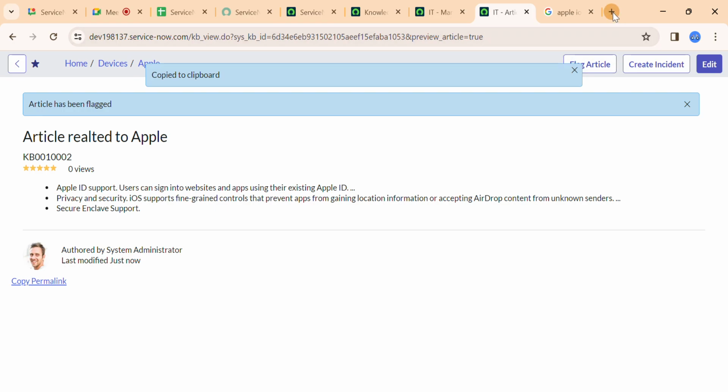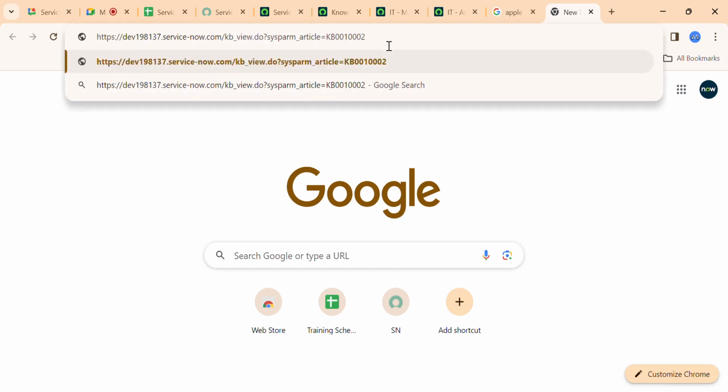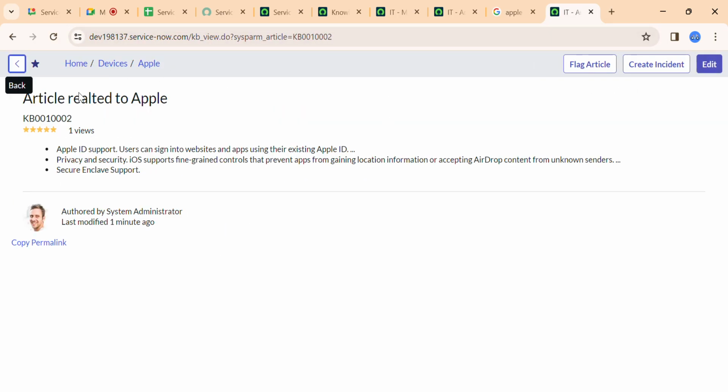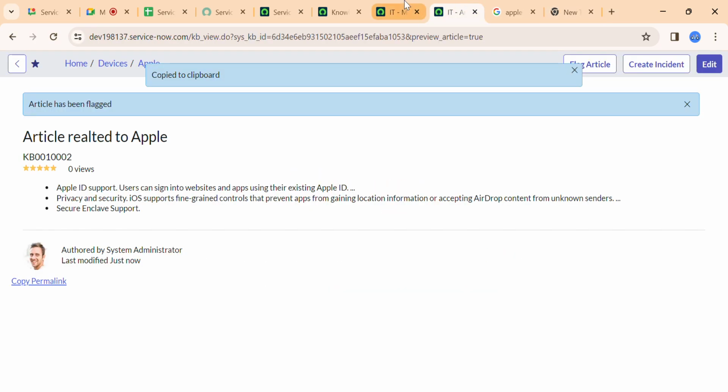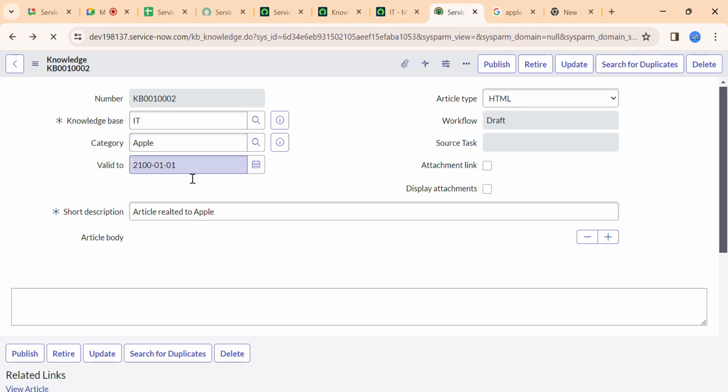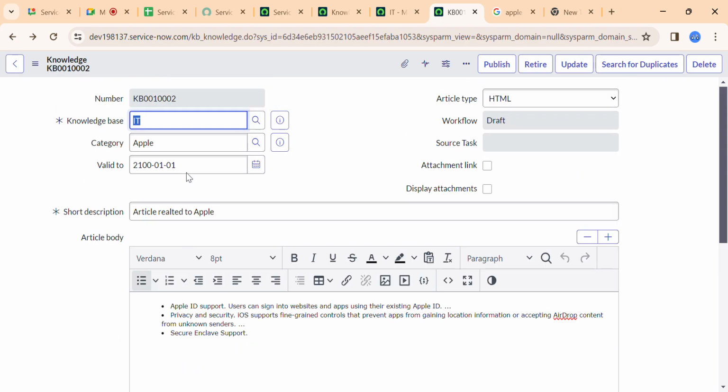And this is where you can directly copy this link. Whenever you copy this link, you can send it to the other users where they can directly access it in order to go and check. If you just see here, again it takes us to the same article. So you can share the article with this particular link to the users. If Seren wants to send this article to Sandeep, he'll copy this link and send it to him directly. Sandeep can open this particular article. Like that you can review that.